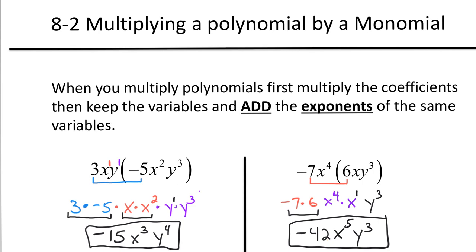So that's the idea when you multiply polynomials. You guys multiply the coefficients and keep the same variables and add the exponents of the same variables, the corresponding variables. So now we're going to just expand the idea, the concept. We're going to start multiplying a monomial times a binomial. Bi means 2, so we have 2 terms. A monomial times a trinomial, and we have something else to show you here in the video. So let's look at